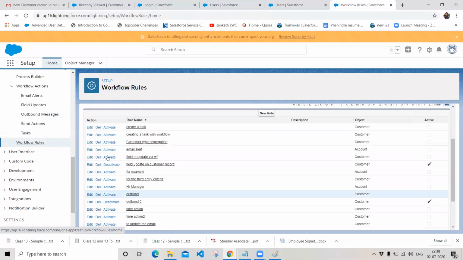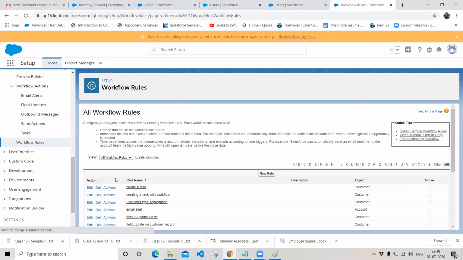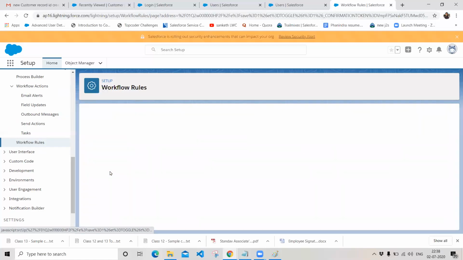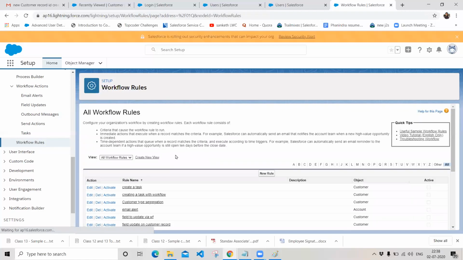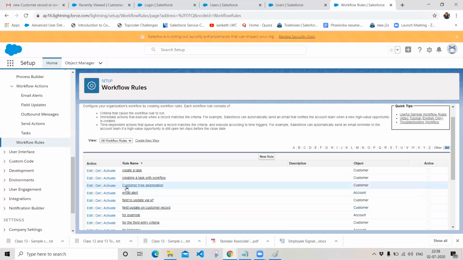And let me deactivate all my previous workflow rules so that it will not disturb my other functionalities. And this is how we have created workflow rules with respect to creating a task, sending an email, making a field update and outbound messages.